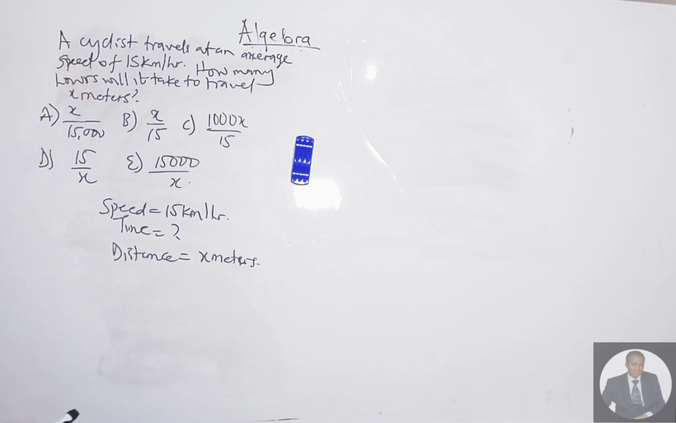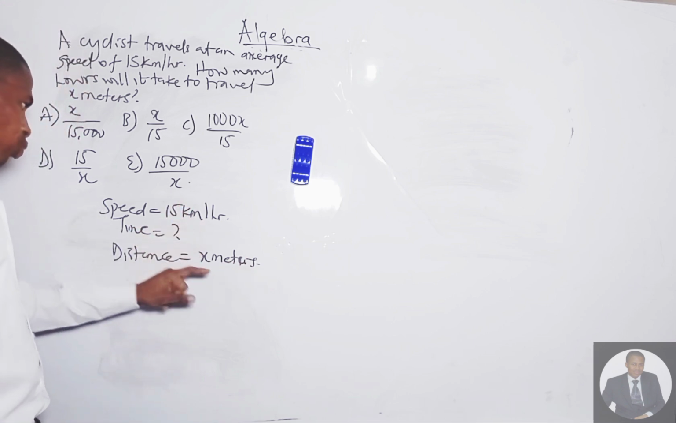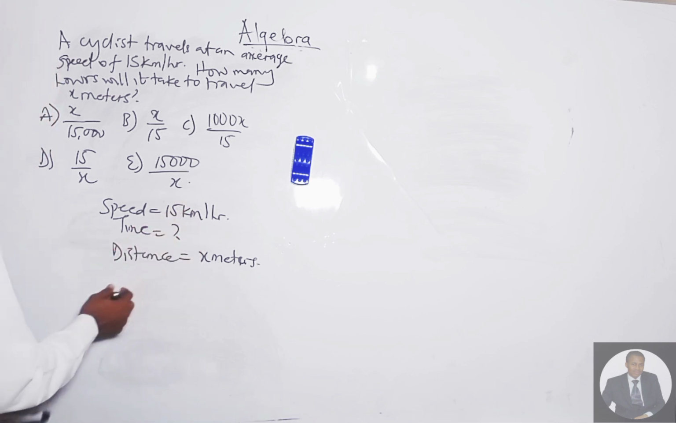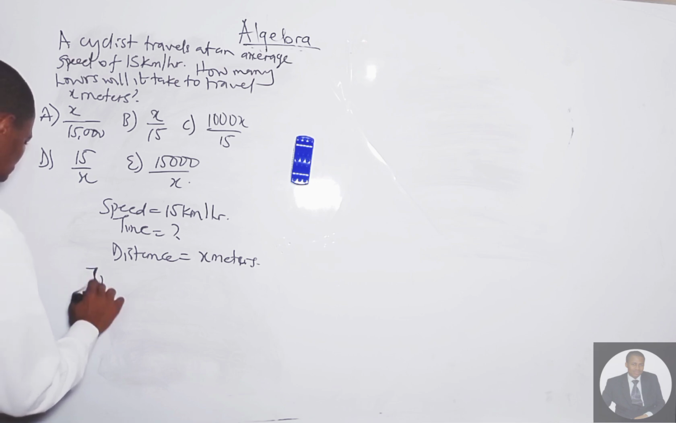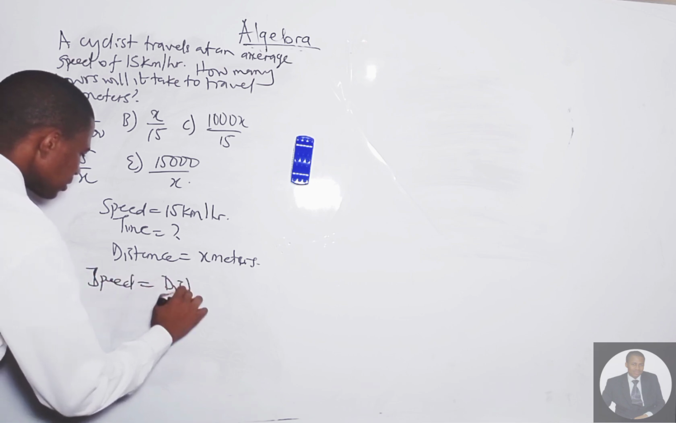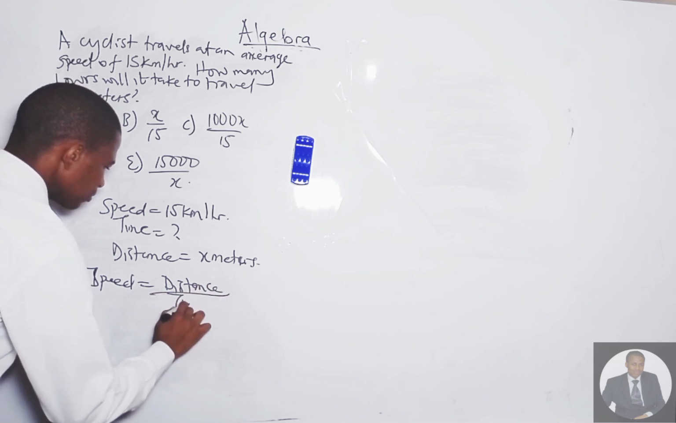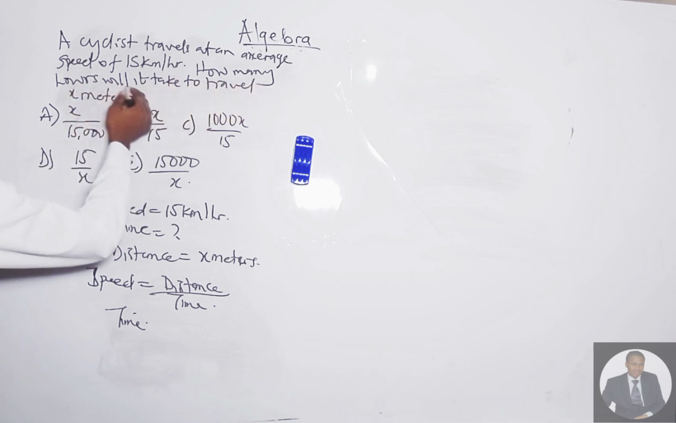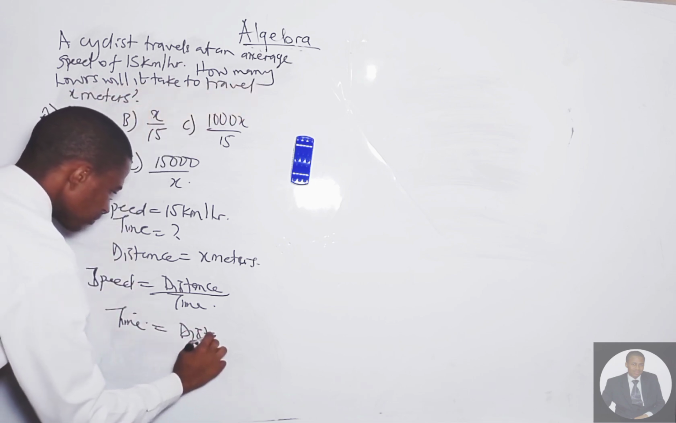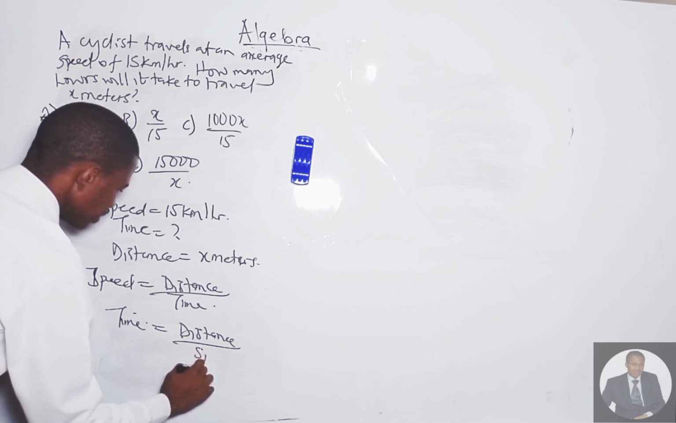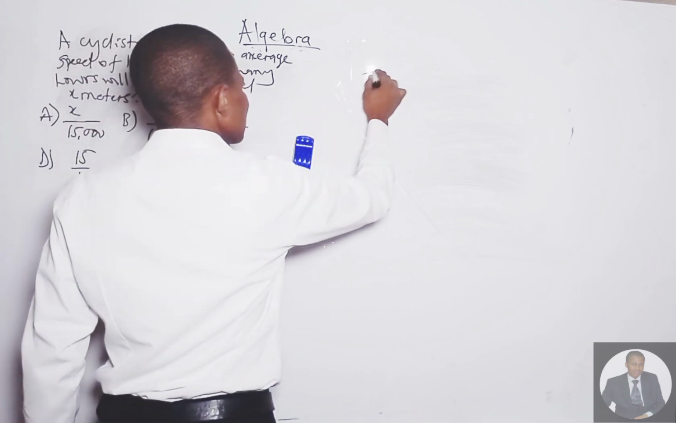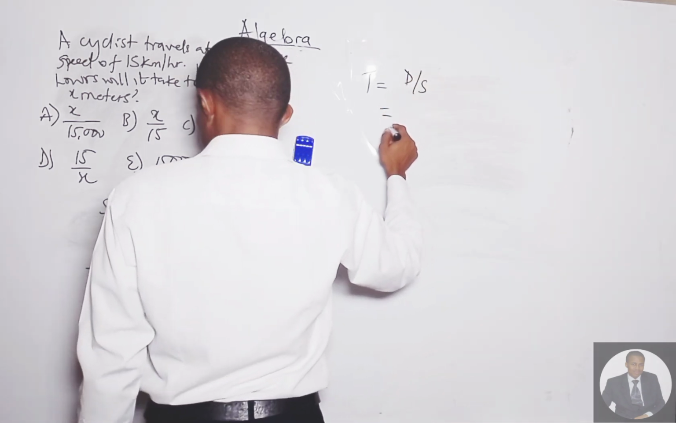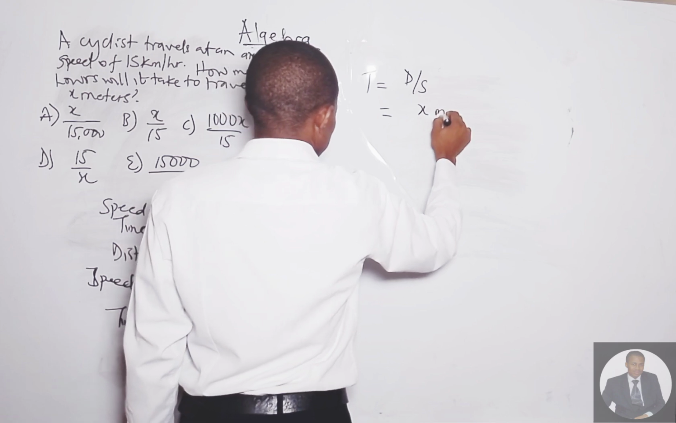So what we need to do is convert this speed to meters, or we convert the meters to kilometers. So what do we have in our hand? We have speed equals distance over time. Now we are looking for time, because you say how long, how many hours. So time will be distance over speed. Now time, which is distance over speed here, we are given a distance of X meters,